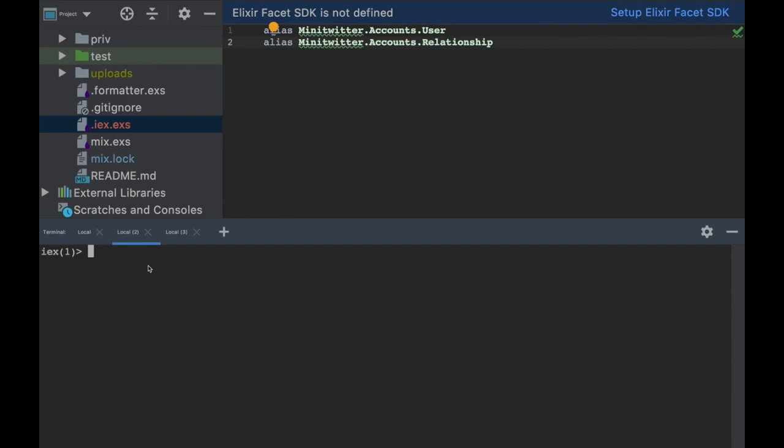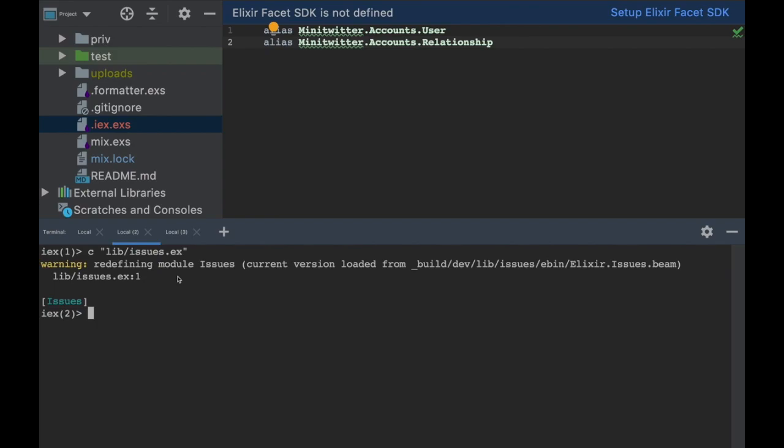So I should be able to load the particular module. Let's say I want to load the .ex file from the lib folder. So I give lib/issues.ex